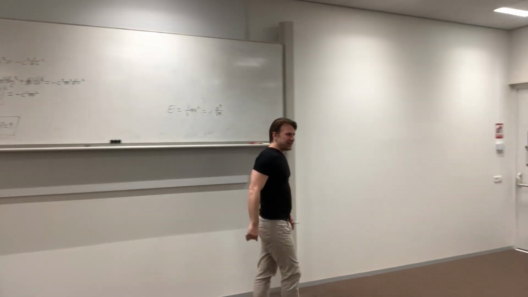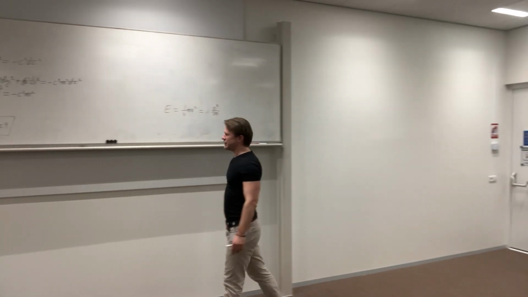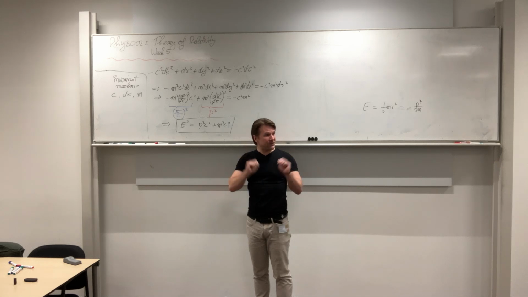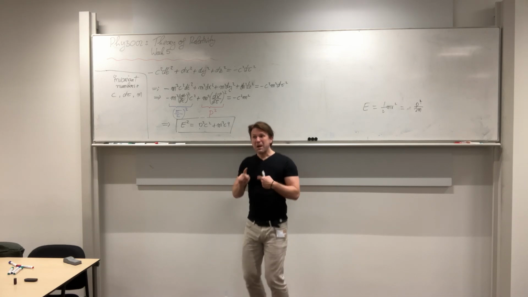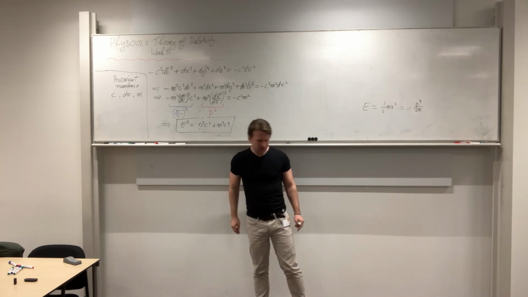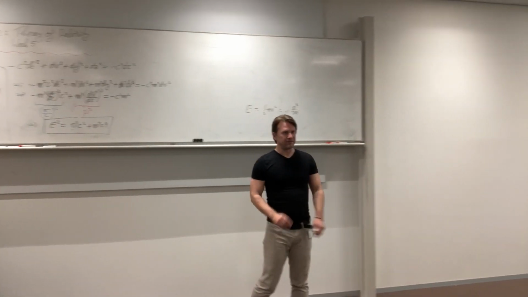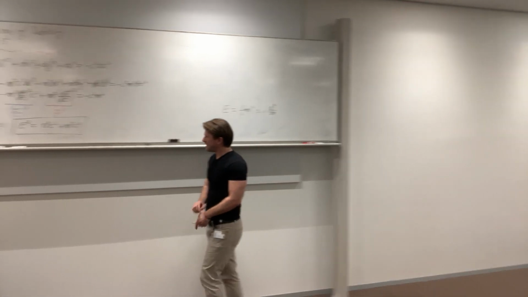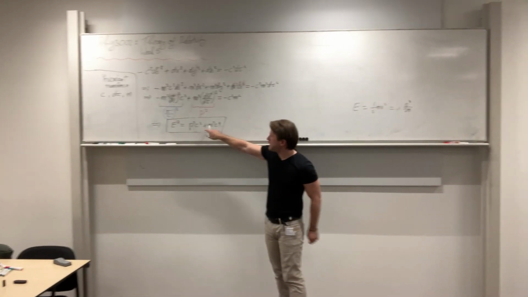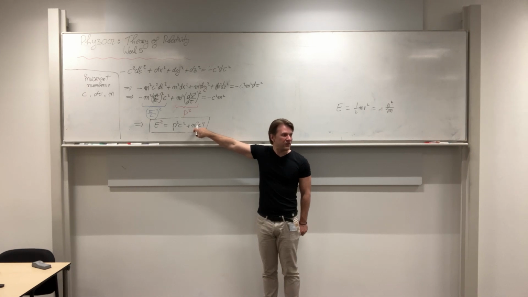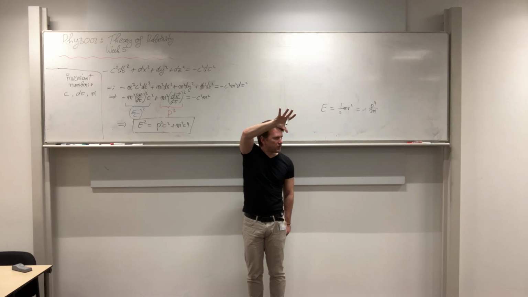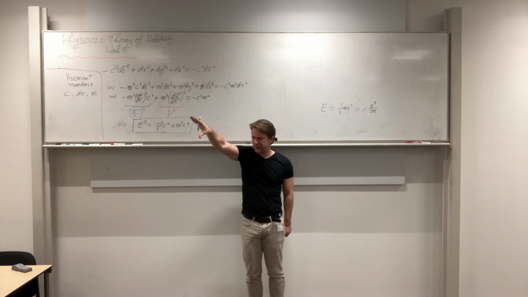So E is mc squared, this famous formula by Einstein, says a whole bunch of things all at once. One of them is that every object has always at least that amount of energy. You can up that amount of energy by starting to move with respect to that object or person. You cannot lower it. So that's one thing that it says. It also says that if I am to be able to change M into a different type of energy, M is a form of energy is what you're seeing here. Sure, there's a c squared in between, but the energy of an object is at least related to the object's mass,